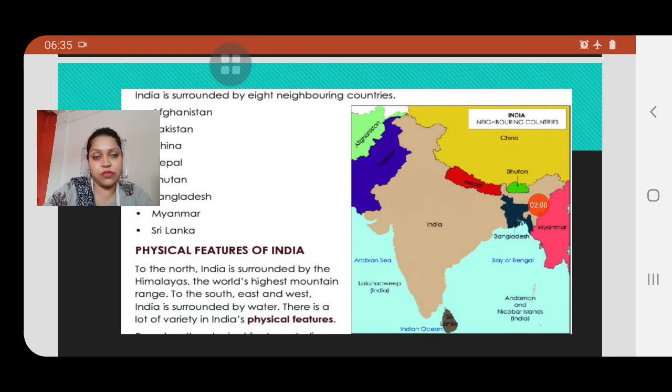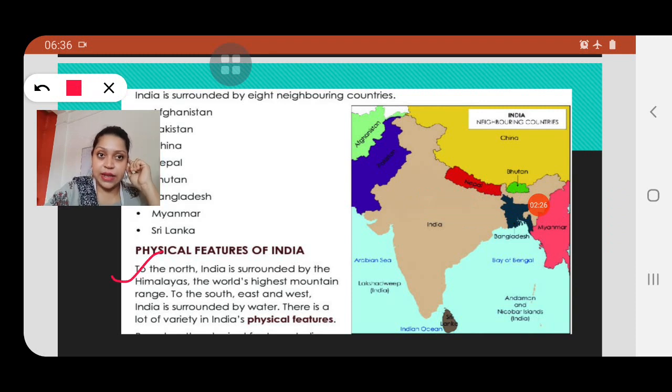Just as we describe a human being, so these are the physical features, the outward features of a person. Similarly, countries also have physical features and they are in the form of landforms and water bodies. Landforms and water bodies. And let's see. So here children, it's given